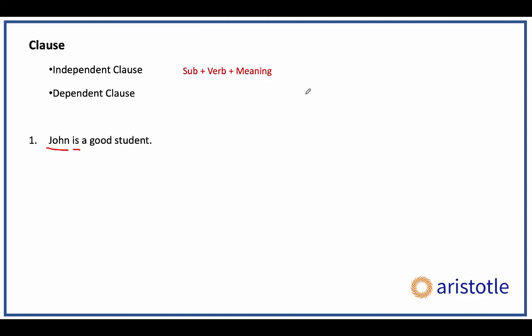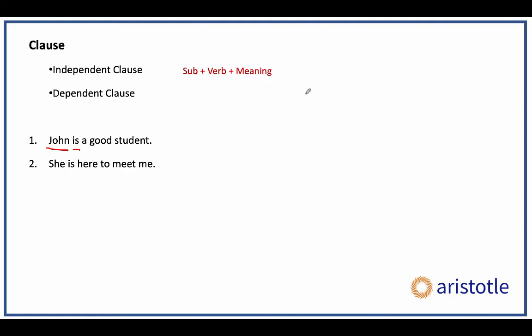Any simple sentence is the same thing as an independent clause. It's called independent because it is self-sufficient. It does not depend on any other clause for its meaning to become clear. Sometimes students get confused with independent clauses when they contain pronouns. So for example, she is here to meet me. Now, do you think this is an independent sentence? A lot of people think it is not, whereas it is absolutely independent. She is your subject, is your verb. The meaning is also there, she is here to meet me.